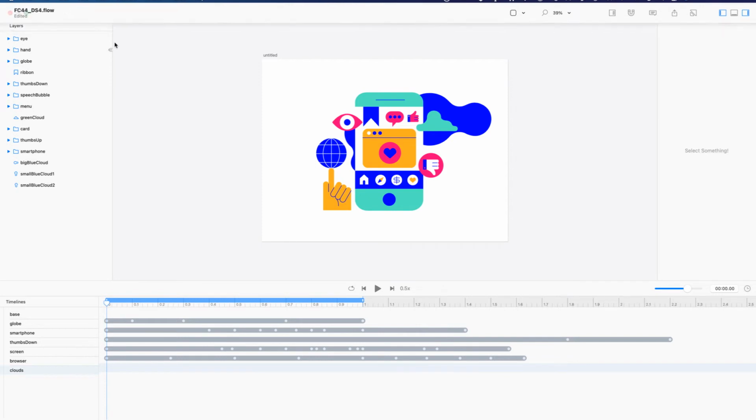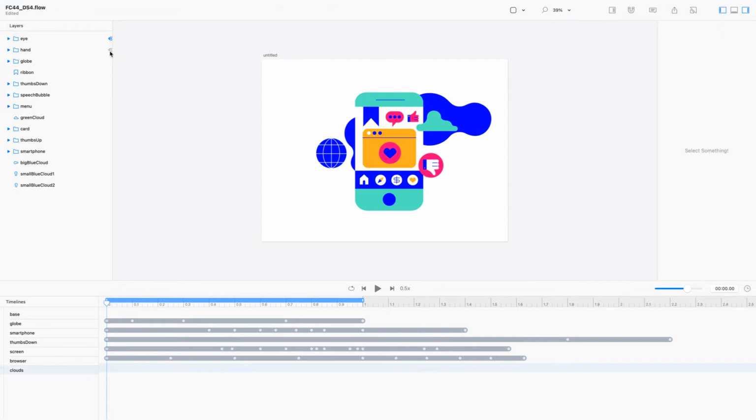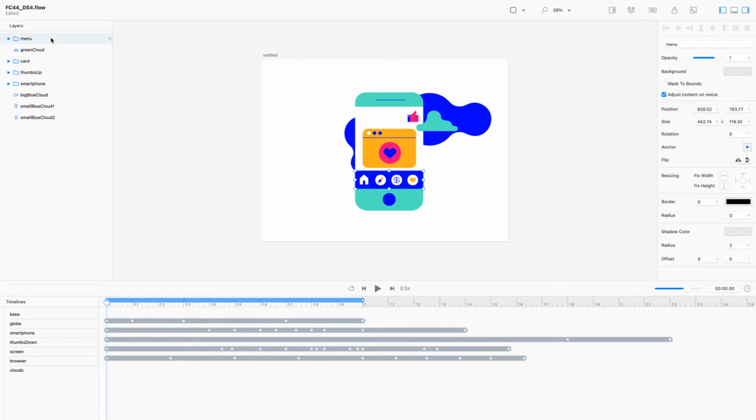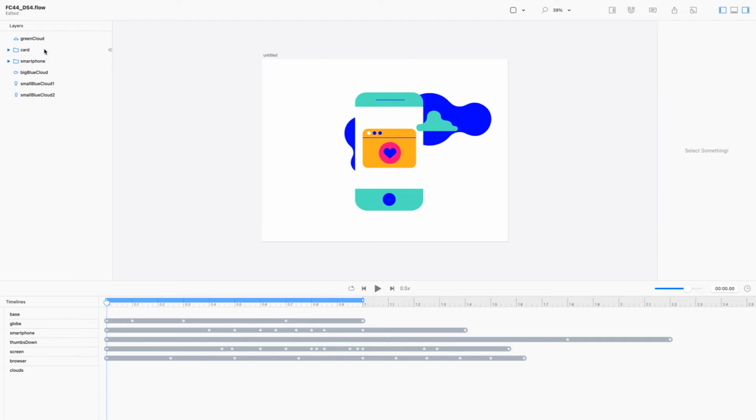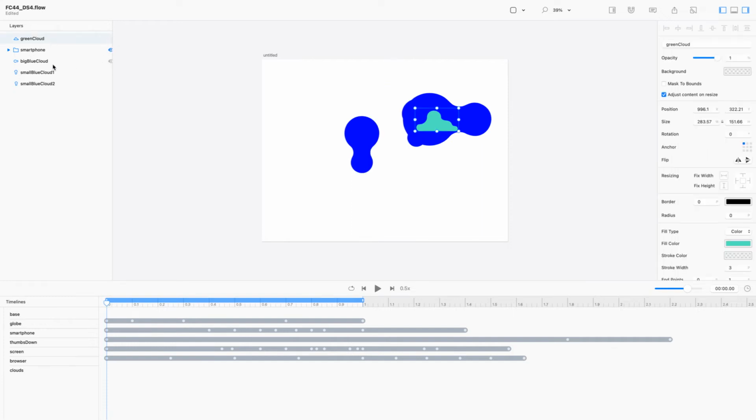Okay, so let's just do everything like we did before. We're going to turn off everything else. Actually, you know what? We don't even need this stuff. Delete, delete, delete, delete. Get rid of that. We need the clouds. We need the cell phone stuff for context. But we don't need that thumbs up. And we don't need that card. Okay, so we'll leave that in for now. And what we'll do is we're just going to animate. So what you can see is there's 4 clouds. This cloud, this cloud, this cloud, and this cloud. So that small blue cloud 1